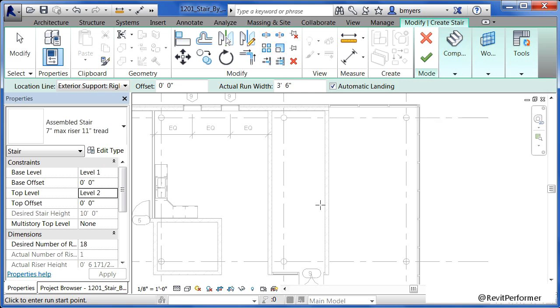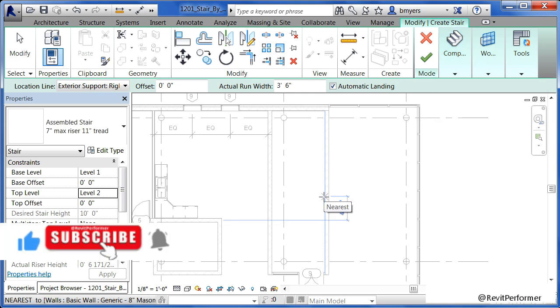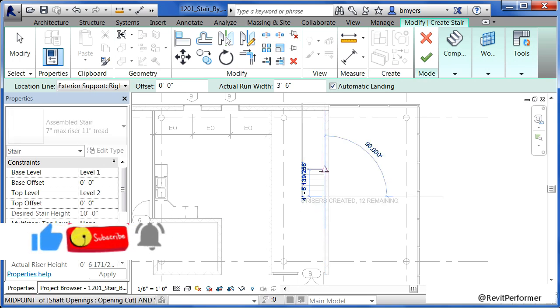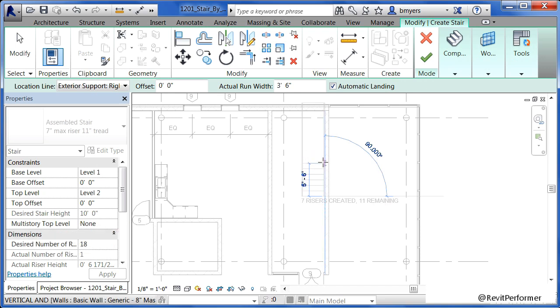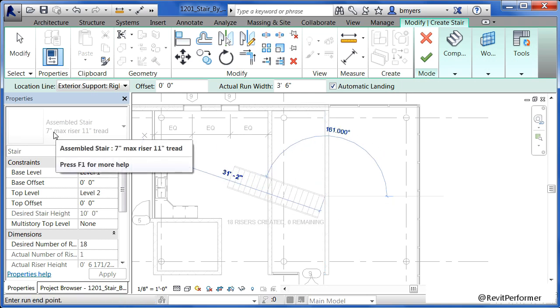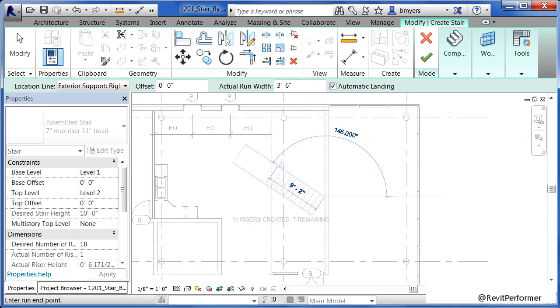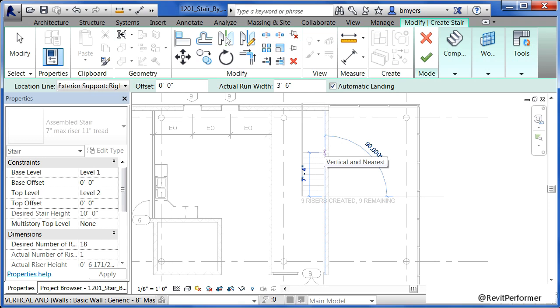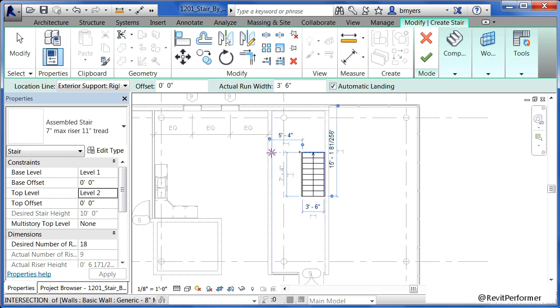Come into the drawing area, and the exact location we might modify after the fact, but just click roughly the middle location right along the edge of this wall. Start to draw up. And as you do this, you'll see treads being added, risers being added. We can also see that down at the bottom of the staircase, it's given us a count of how many risers have been created and how many risers are still left to be created. And it knows this based on the maximum rise as well as the level heights. Change this to be 9 and 9, so 9 risers created, 9 remaining, and then click.